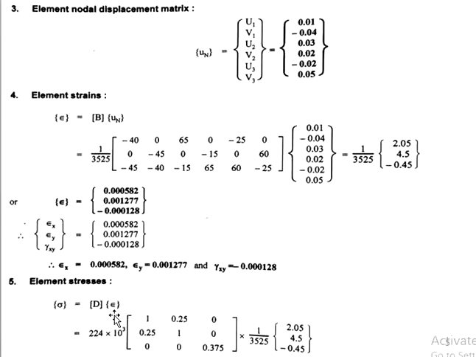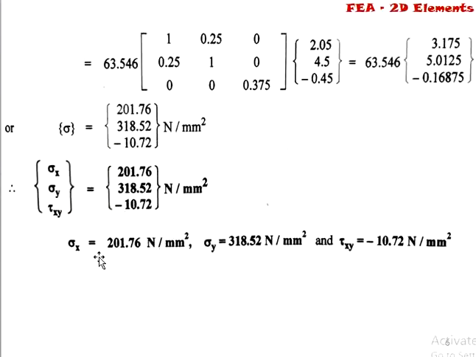Okay, so just putting the respective values of D and epsilon, and after simplifying it, we'll get the values of sigma x, sigma y and tau xy, because the third term represents shear stress in the xy plane. Here we consider only the xy plane, so normal stress in x, normal stress in y, and shear stress in the xy plane according to the plane stress principle. Okay, because there are two types, plane stress and plane strain. So we consider here a plane stress problem. So respective values of sigma x, sigma y and tau xy are given here. Okay, thank you.